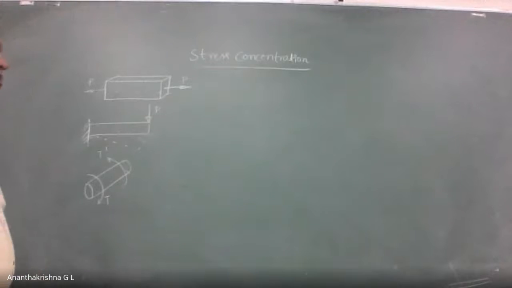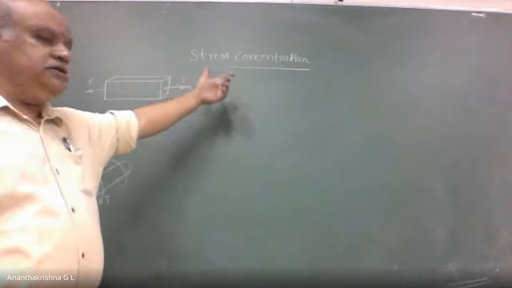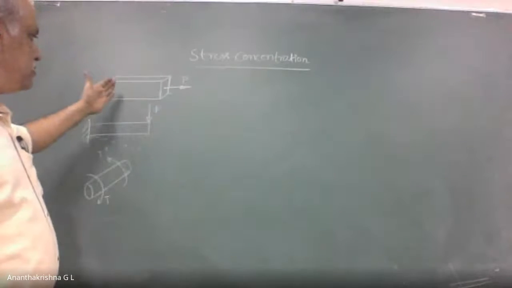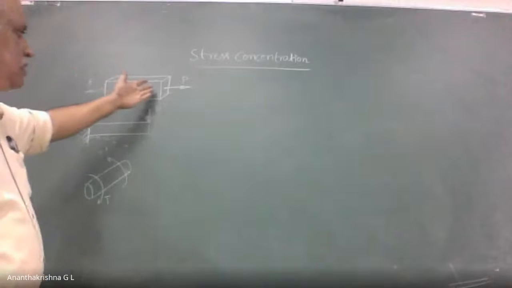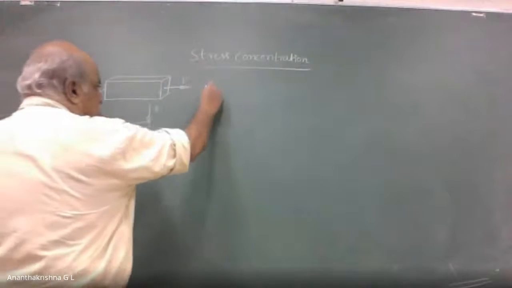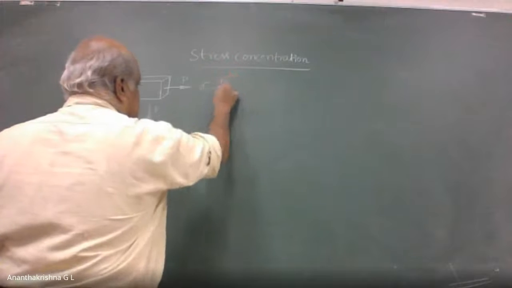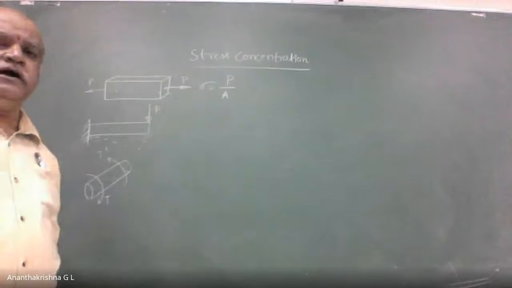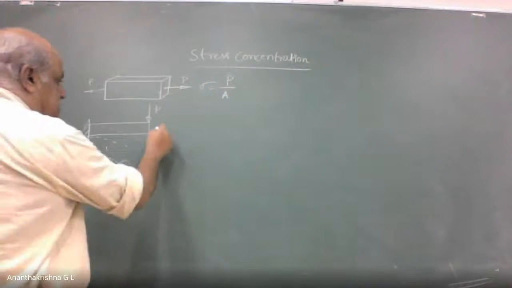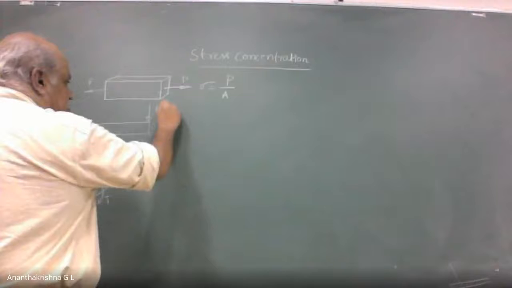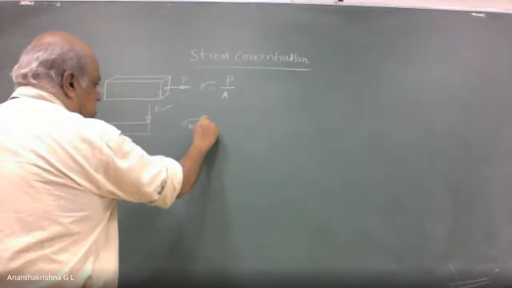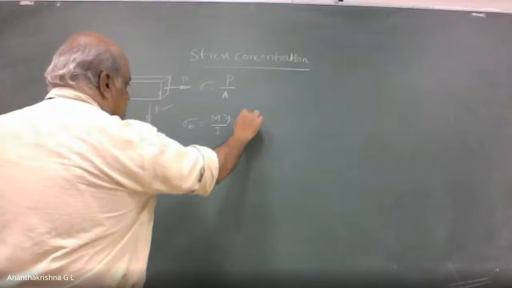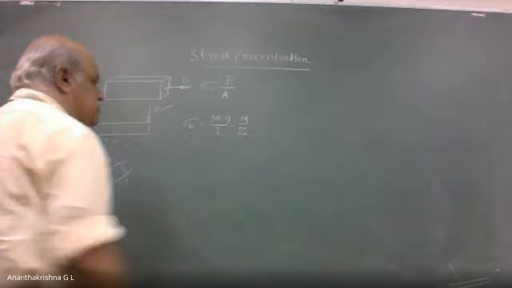Okay. So before we get into stress concentration exactly, let's understand what we have been doing so far. We used to have a bar subjected to an axial load, and we used the fundamental equation for stress, load by area of cross section, to find the axial or direct stress. Next, when a member is subjected to transverse load, we used sigma bending equals M into y by I, that is M by Z, to calculate bending stress.